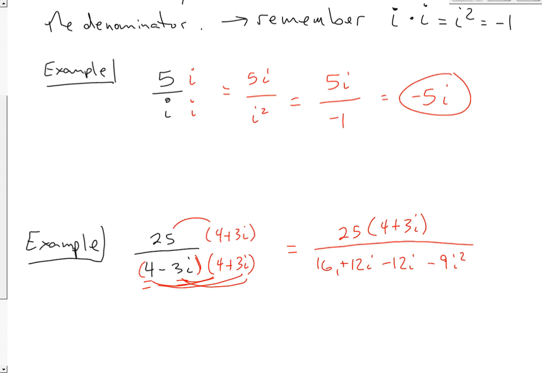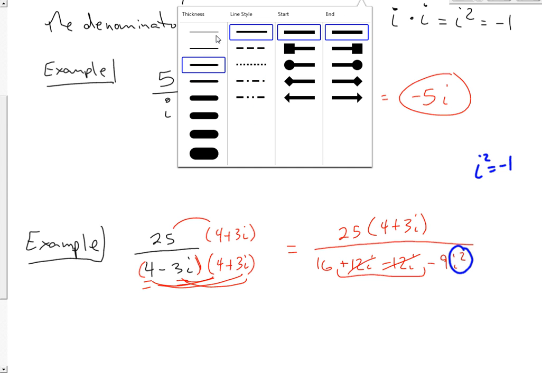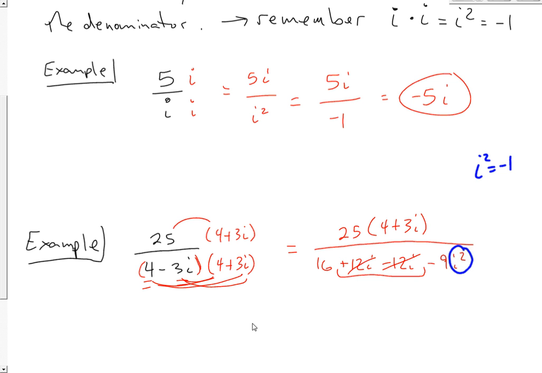Now, when we look at multiplying and foiling that denominator, we will always end up with two values here that are exact opposites of each other to cancel each other out. Like here we have 12i and negative 12i, which cancel each other out. And we also have this i squared right here, and i squared is equal to negative 1, which means, let me grab my red pen again,